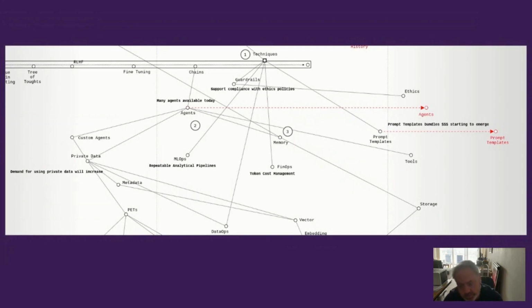And you can also build custom agents, and you probably have to do that, depending on your data, your private data, and the agents can also access private data. To support private data, you need metadata about the data. At the bottom of the map we've got PETs, the privacy enhancing technologies or techniques. You should also be thinking about data ops, ML ops and also FinOps within